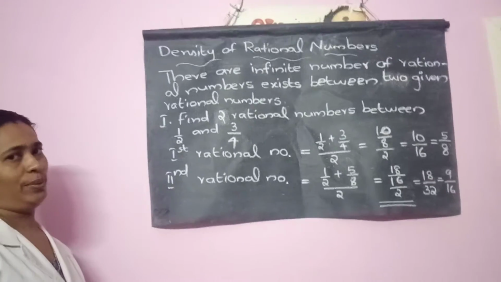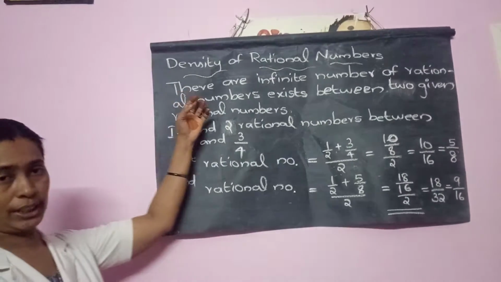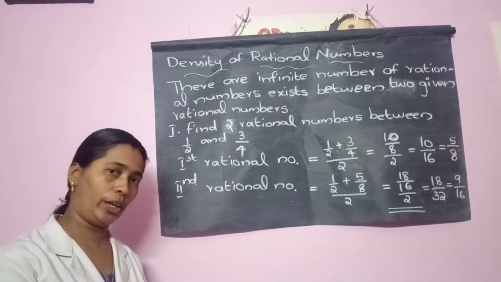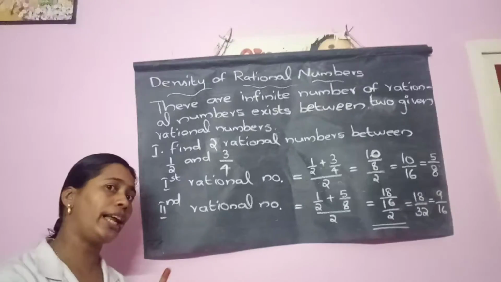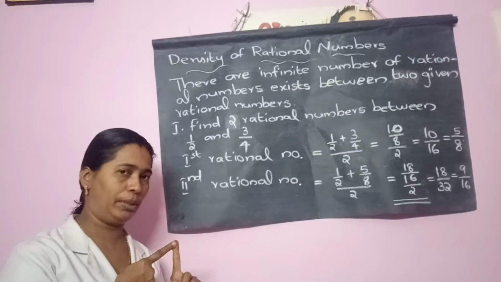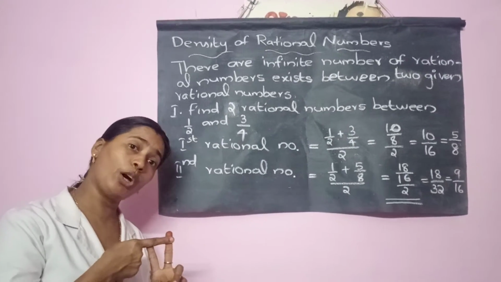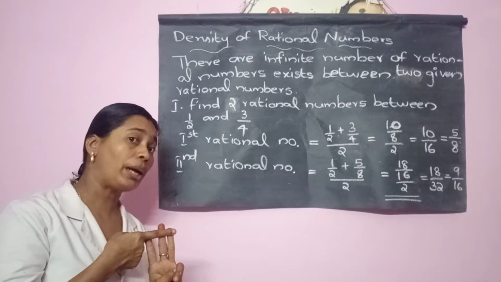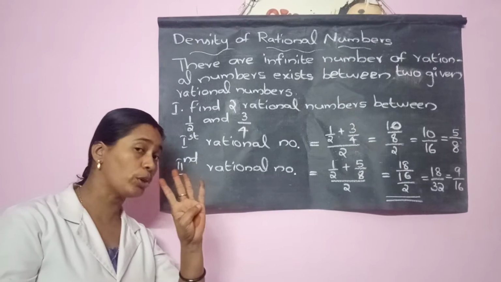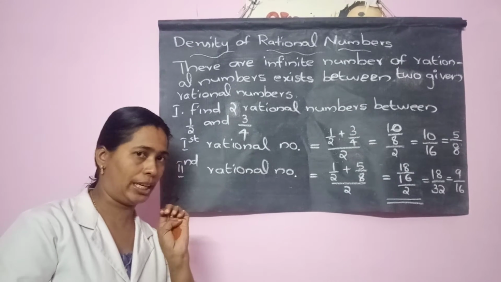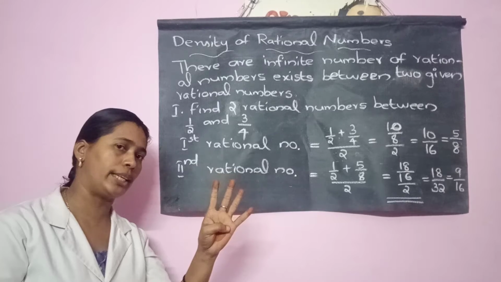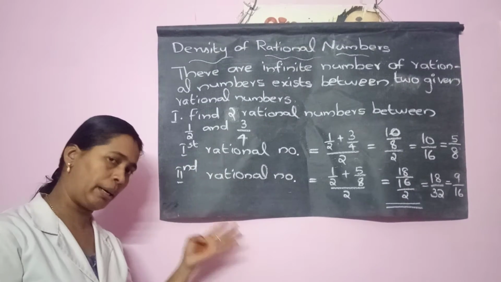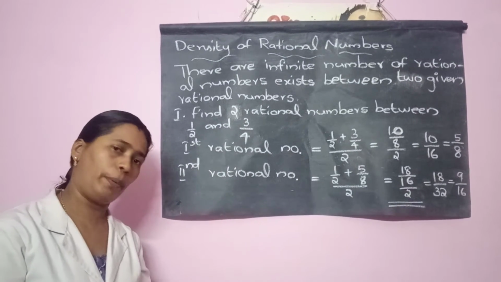So let us continue. Before continuing into the next topic, a checkpoint comes. And there are 4 questions. Number 1, related with addition of rational numbers. Number 2, subtraction of rational numbers. Third one, multiplication of rational numbers. And fourth one is division of rational numbers. So answer these 4 checkpoint questions related with the operations and their properties.